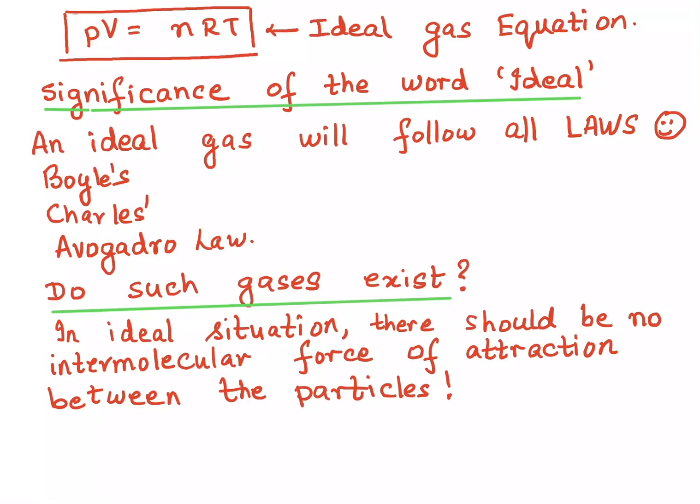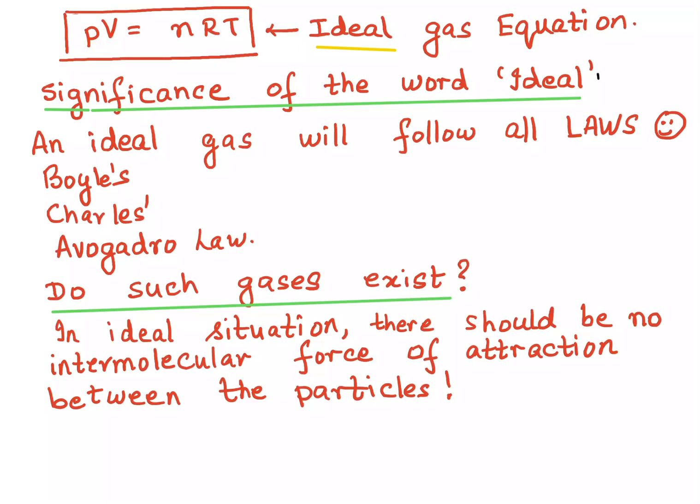Now, just now we spoke about the ideal gas equation, PV is equals to nRT. Who's an ideal student? Yes, who follows everything to the T, everything, homework on time, activities, sports, extracurricular activities, is always smiling, is always helping other students. But do we have such kind of ideal students? No, none of us is ideal in nature, right? No one of us. Even I am not. We are all prone to mistakes. And the best part is we all learn from our mistakes. Okay, let's come back to the topic.